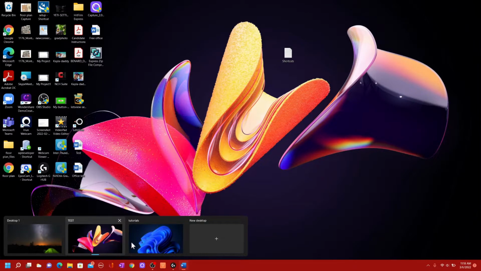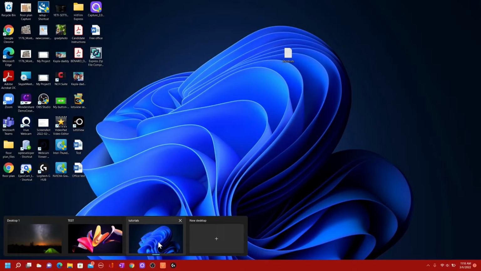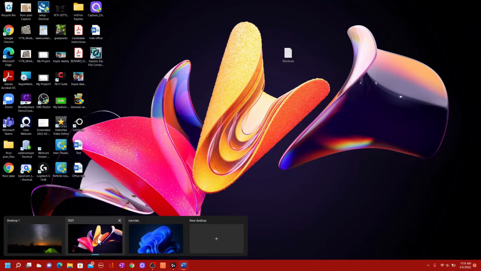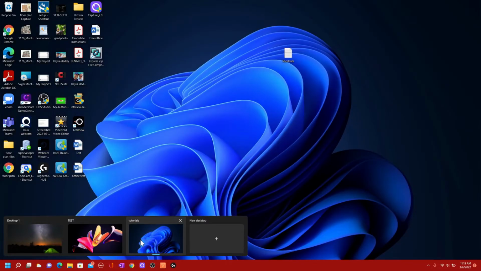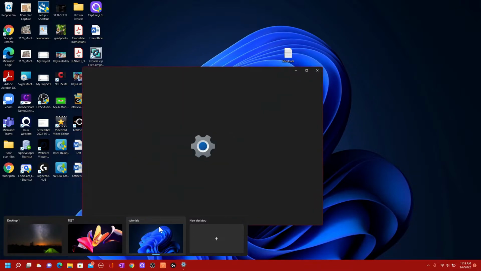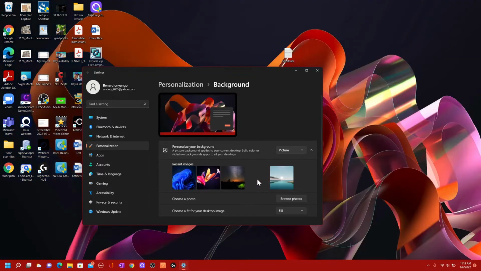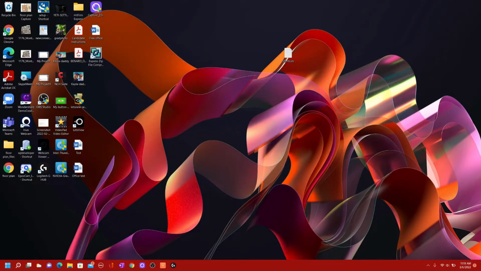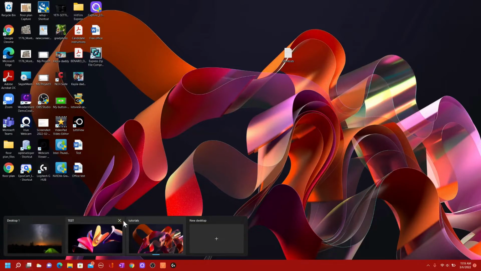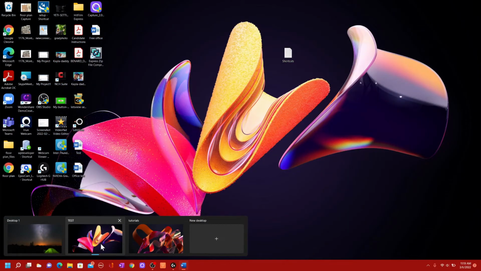So I can give them different backgrounds. So for example, I could right click on this one and choose a background. Maybe I'll click that one as my background, and that changes the background color for that particular desktop. The fact that you can set different backgrounds for different desktops is very helpful, especially if you're working on multiple